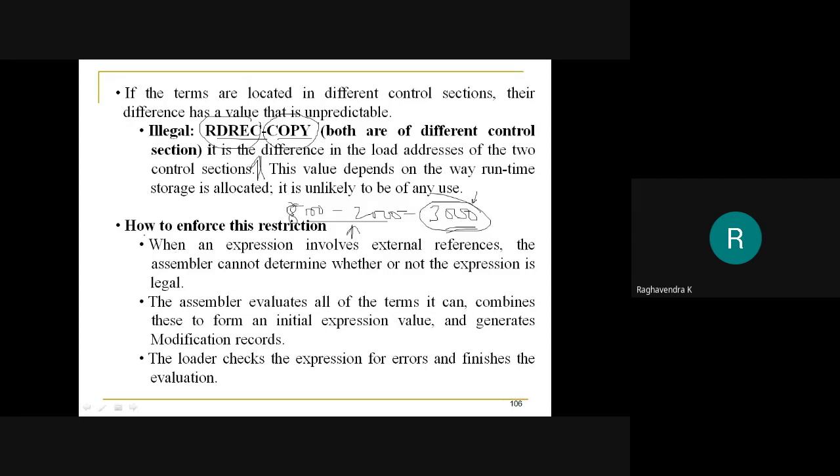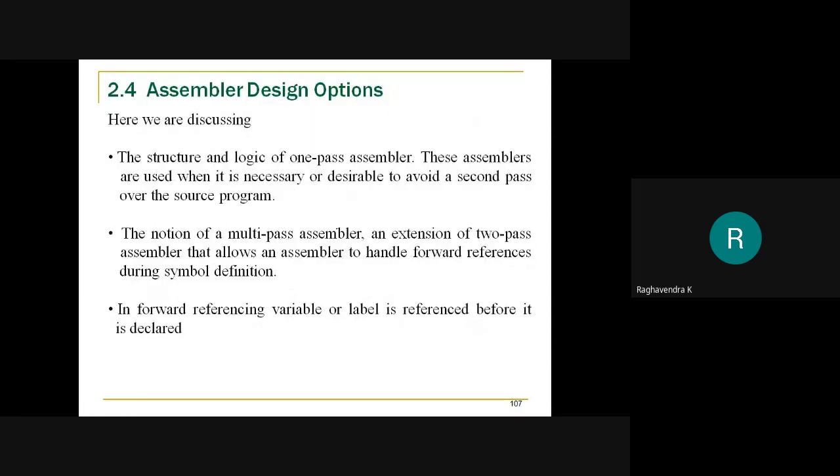So always when you are using expressions in your control sections, even though you are using relative terms, ensure that they always give you an absolute value. Otherwise, it will depend upon the assignment of addresses to those relative terms, and they may not give you the value that you are looking for. So this is how the assembler handles the concept of control sections and the expressions if defined in any of the control sections.